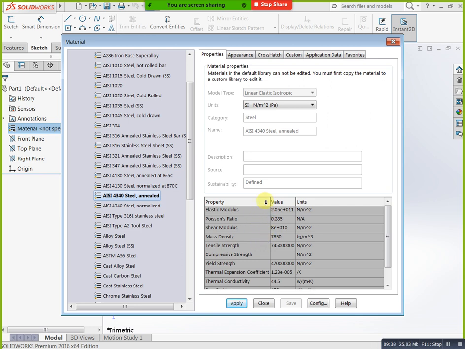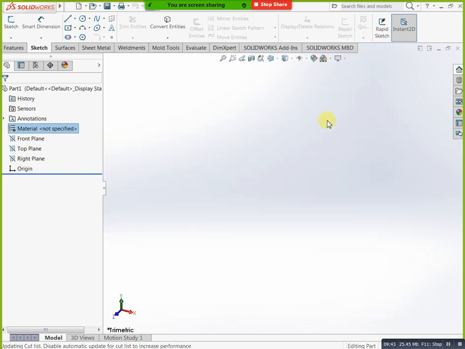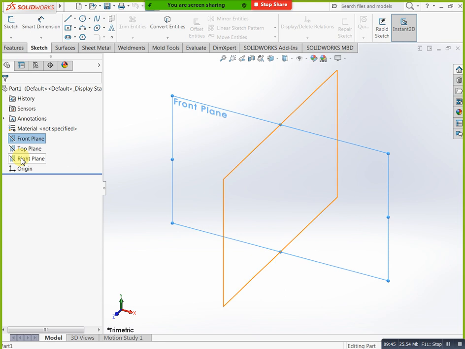Next, here we have our planes. For example, you take any 3D model. In that 3D model, how many views do we have in total? Three views only. I am asking about views, not planes. Front plane, top plane, you consider x-y, y-z, z-x. Those are three planes. But I am asking about views.